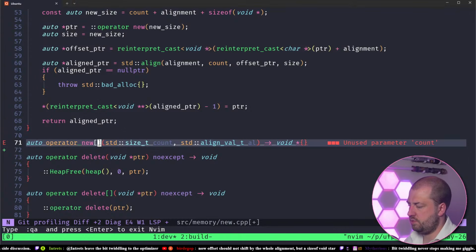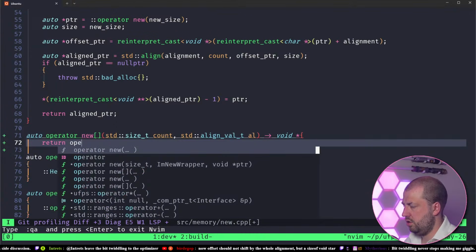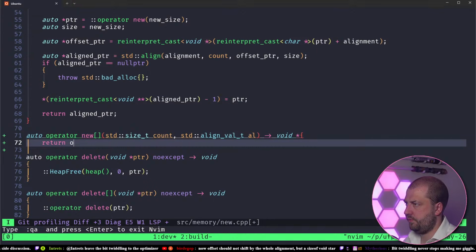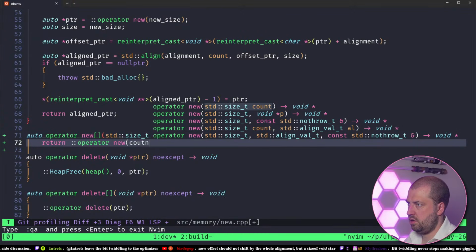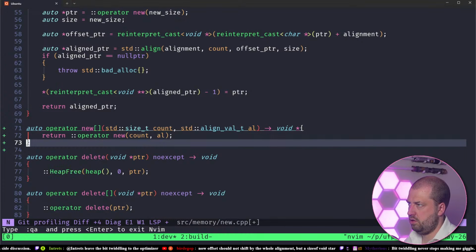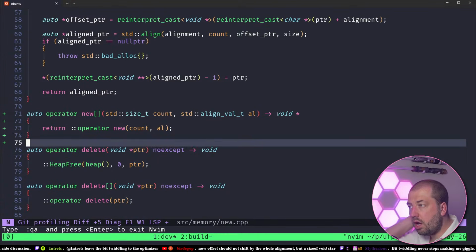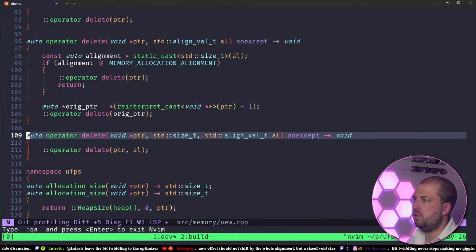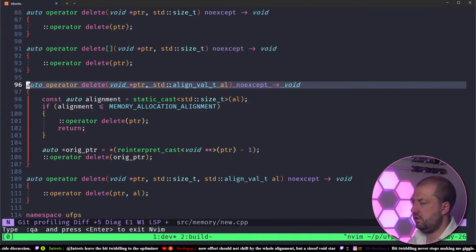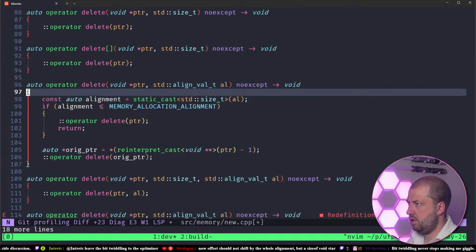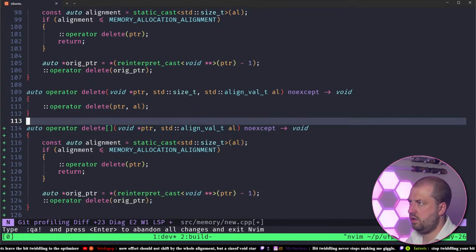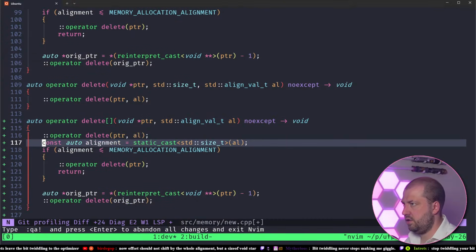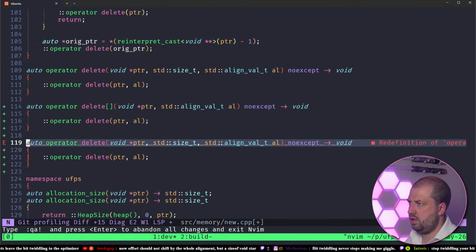But this should just be as simple as return operator new count. Ow. All right. And then delete. I'm gonna need these ones here. So it's gonna be that in there, and then this is gonna be